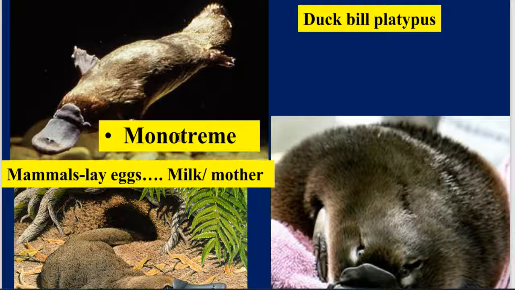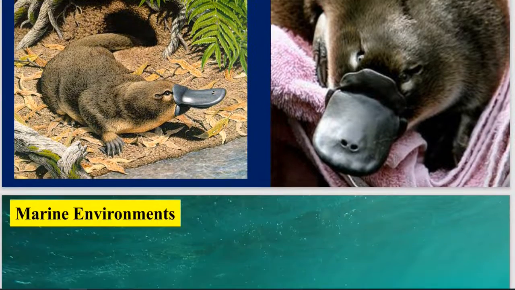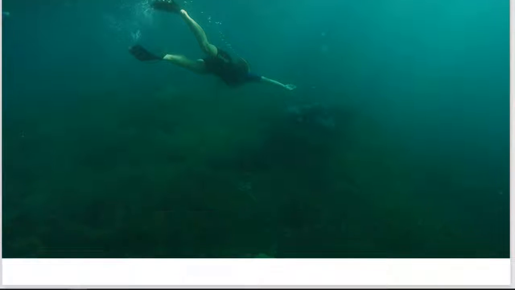I don't know how to make that, mono and mammal. It's a mammal that lays eggs. Okay, all the M's: milk, mono, mammal. Maybe that'll help. I'm trying to pick it up at the last minute. It's the only place in the world they're found. Stupid looking animal. Marine environments: you have the Great Barrier Reef.